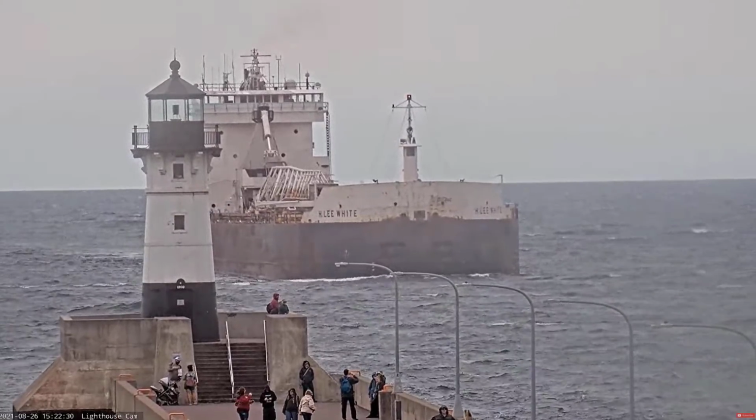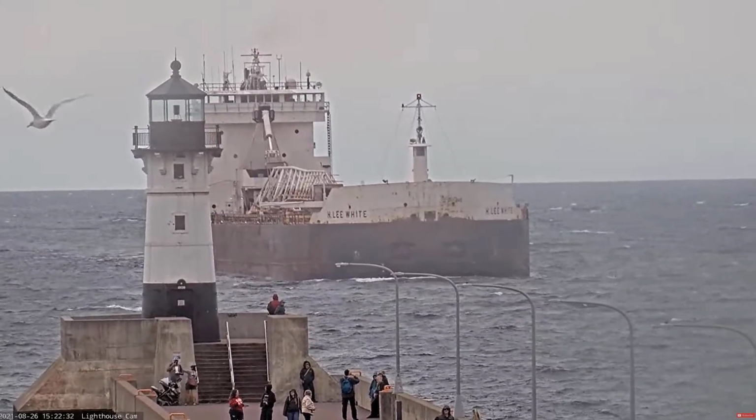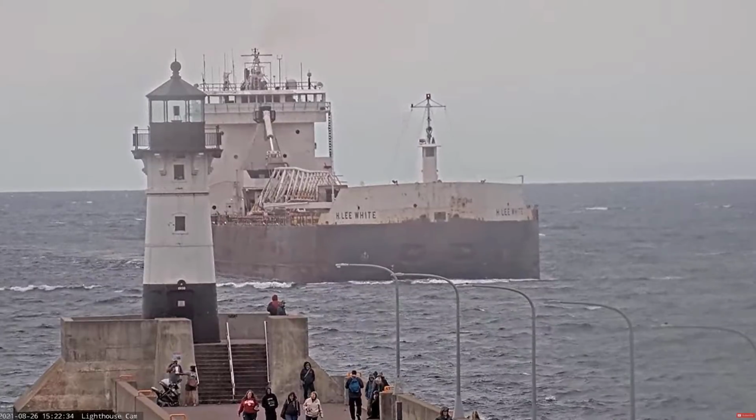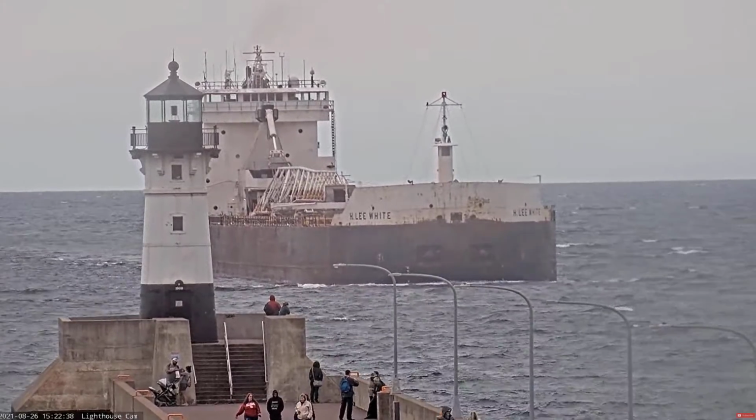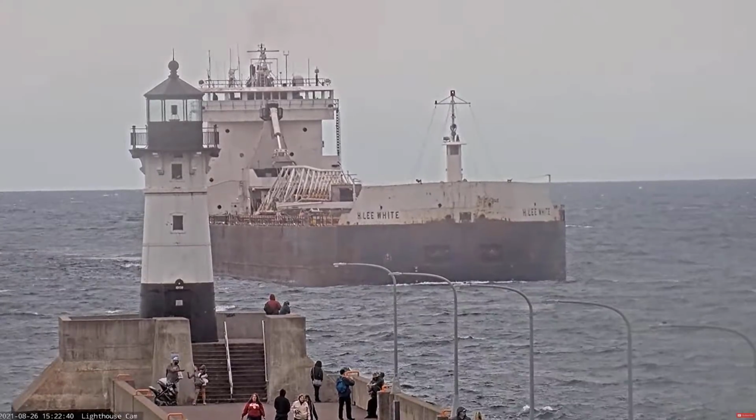ship canal is the H. Lee White. The H. Lee White was built in 1974 by the Bay Shipbuilding Company of Sturgeon Bay, Wisconsin. She measures 700...